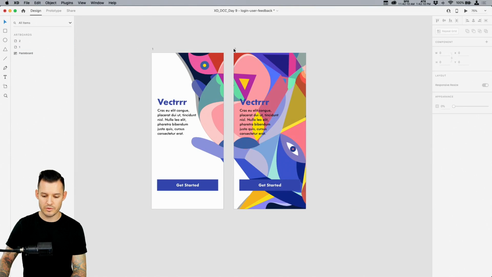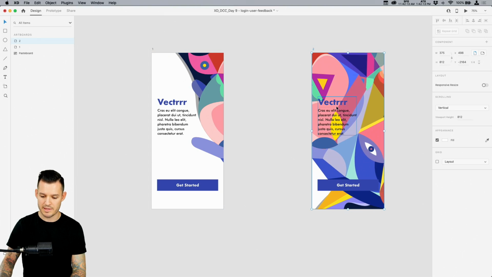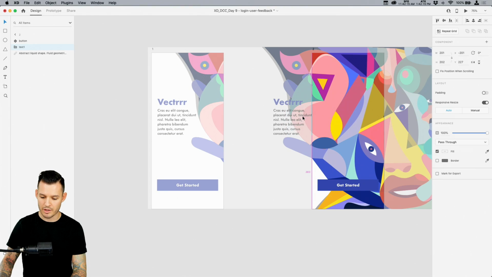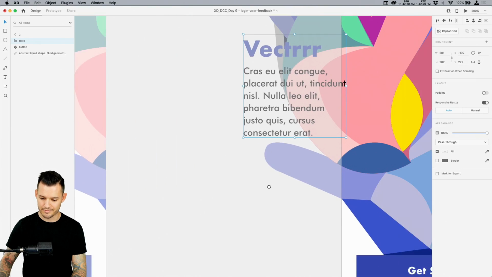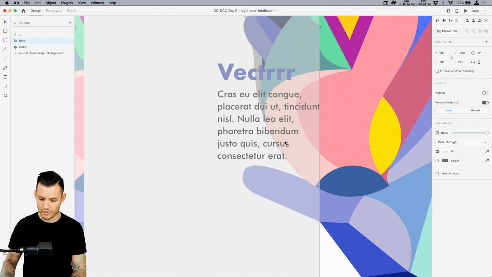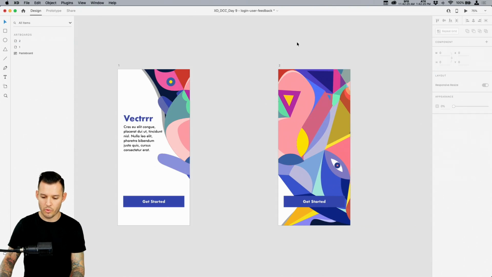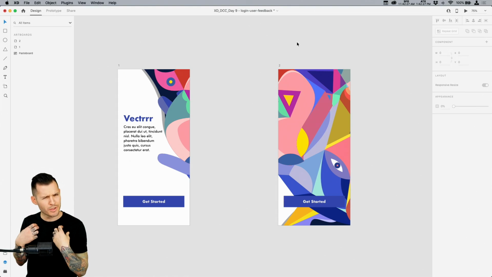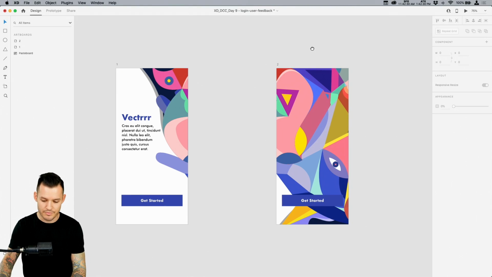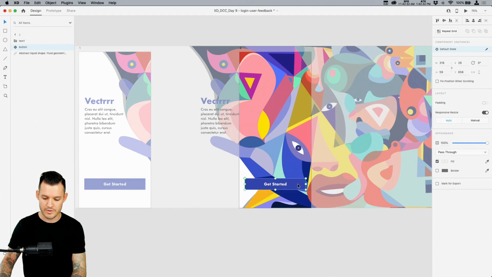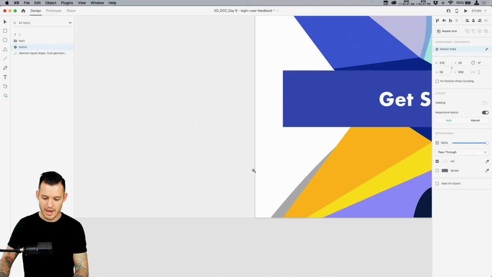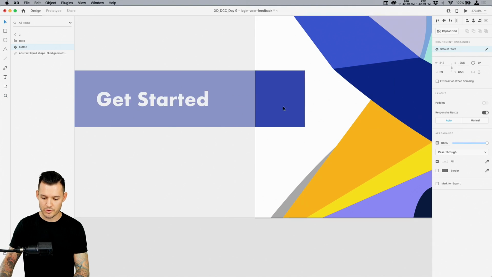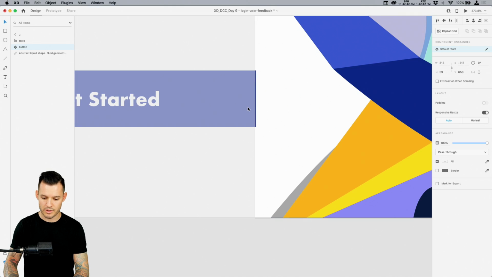Now you have to be careful when you do this, just rule of thumb, give some space in between your artboards. So that way when I drag elements out and off, right like that, I can do it without it running into the next artboard, because then artboard 1's gonna grab it and go, do you belong to me? And I go, no, it doesn't belong to you. It still belongs to that one right there. Okay, so what we wanna do is the same thing. Let's just drag this thing out, put it right on the edge. And this can be tricky, you know, because we're dragging things out off the artboard, but we just want to just stay in there.